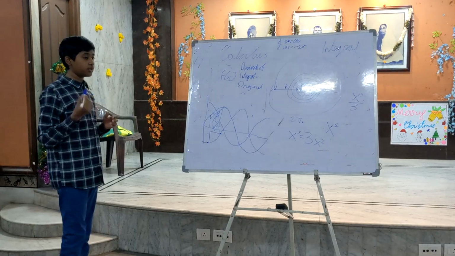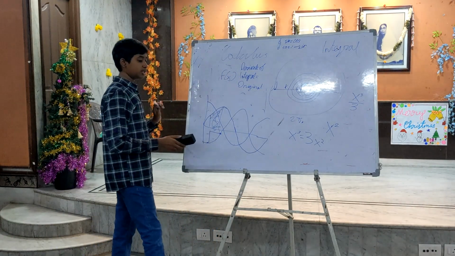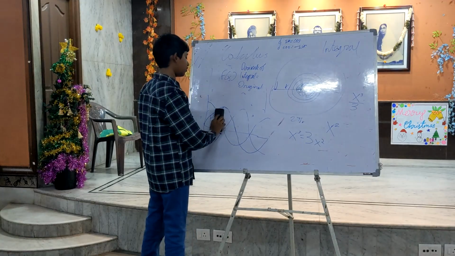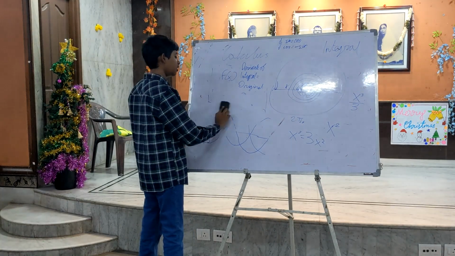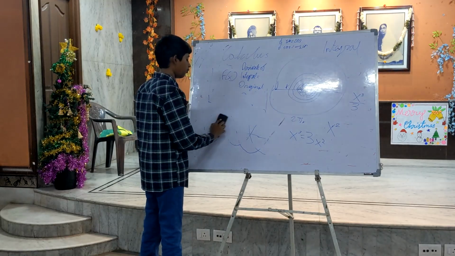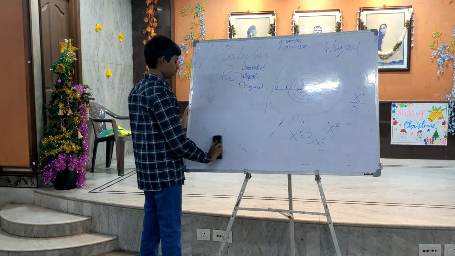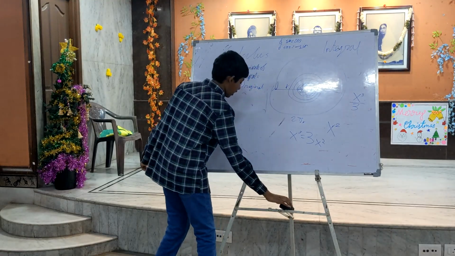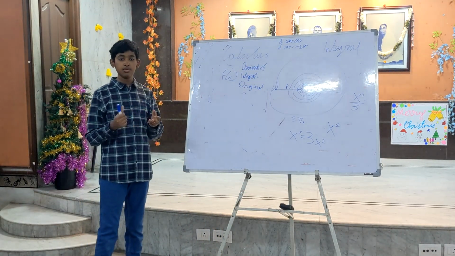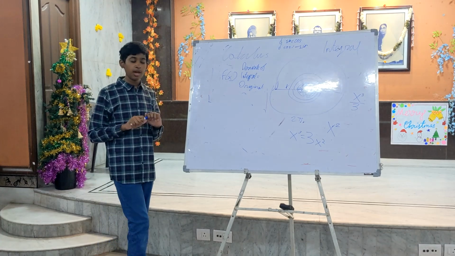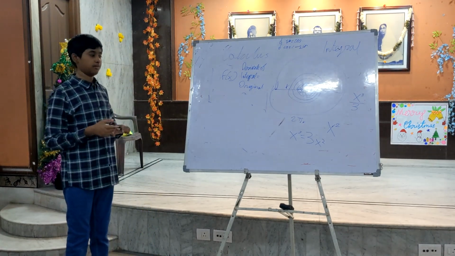I'll show you another interesting example where we will use both implicit differentiation and integration to find the answer. What is the area under the function 1 over x? Now, you might think that we can use the power rule, x to the power minus 1, but this does not work because you get division by 0. So to find the area under 1 over x, we have to do some experimentation.